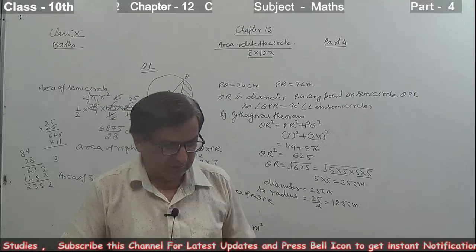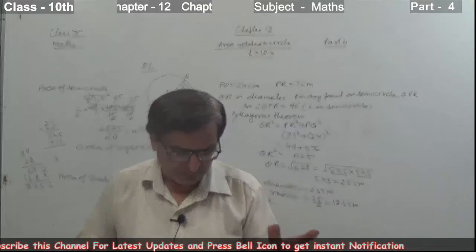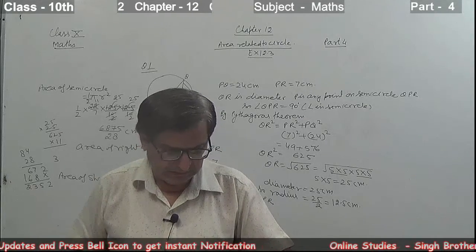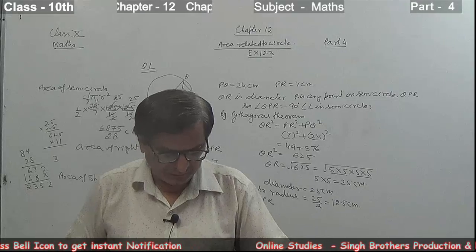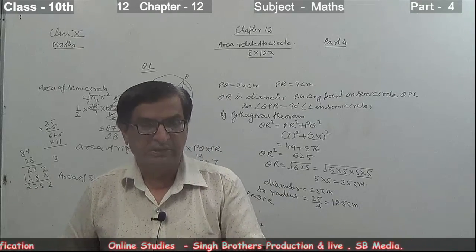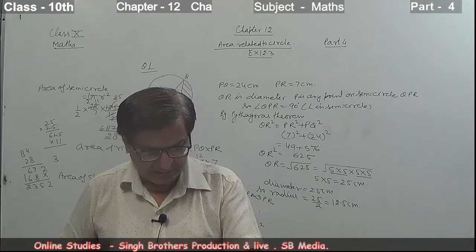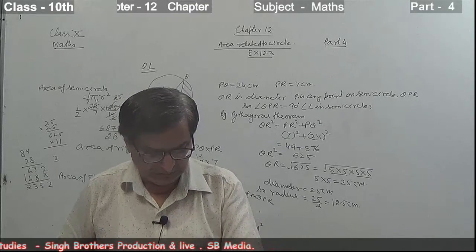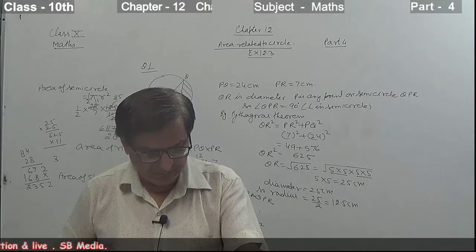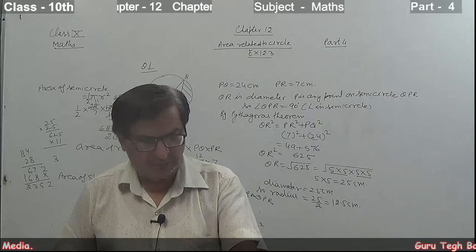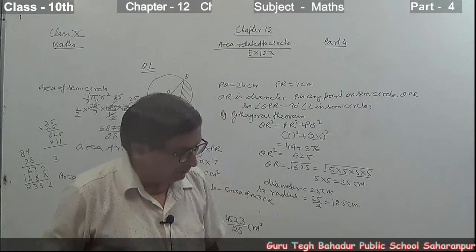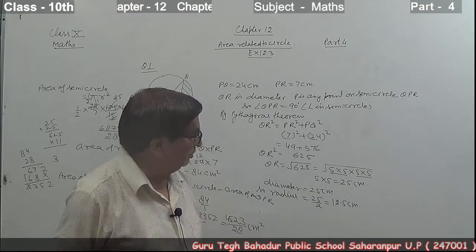The second question is very easy, you can do it yourself, because you will find the area of the outer sector minus the area of the inner sector. The third question is also very easy. There is a square ABCD and there are two semicircles. You can find the area of the shaded region by subtracting the area of two semicircles from the area of the square. You will do the third and second questions.